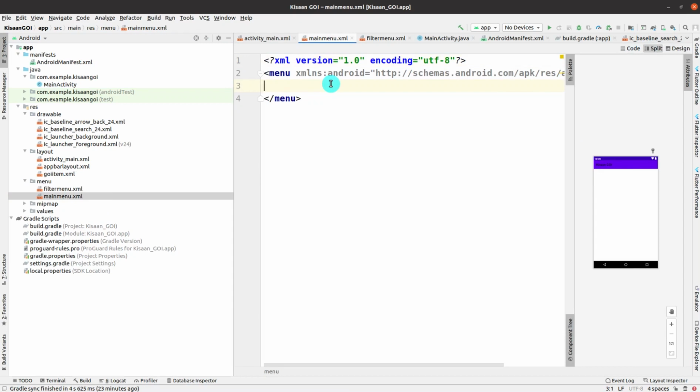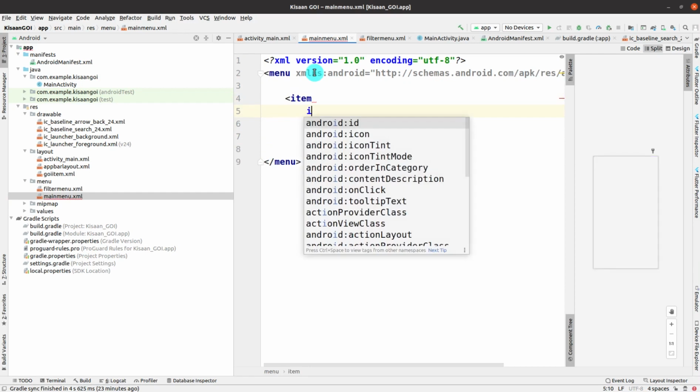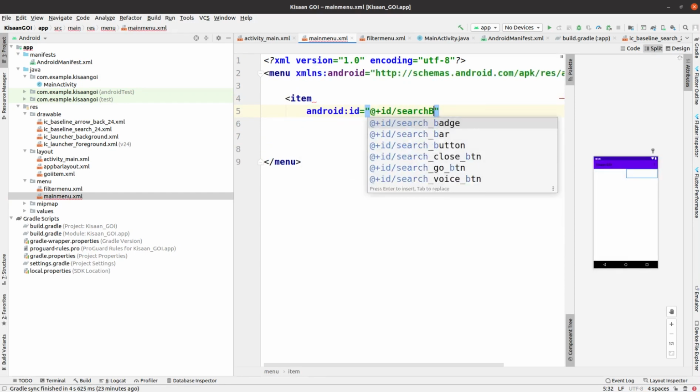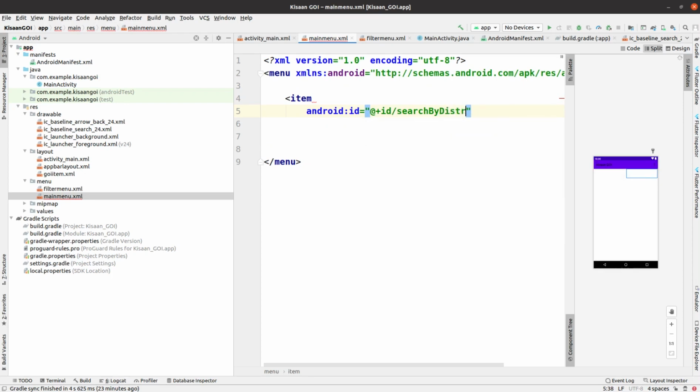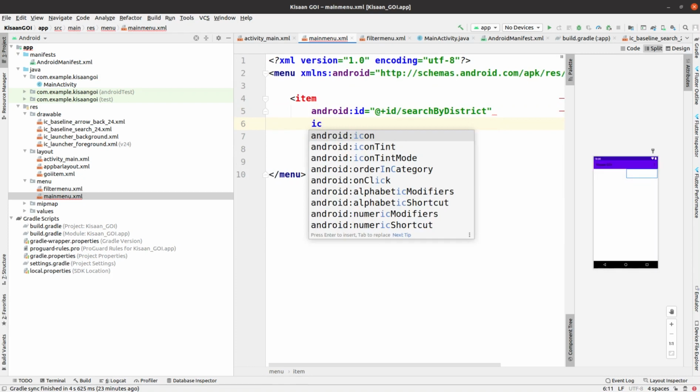You can see that, and here I have to give some items for this main menu, in which I am giving it as item, and now I have to give the ID for this item, like search by district.